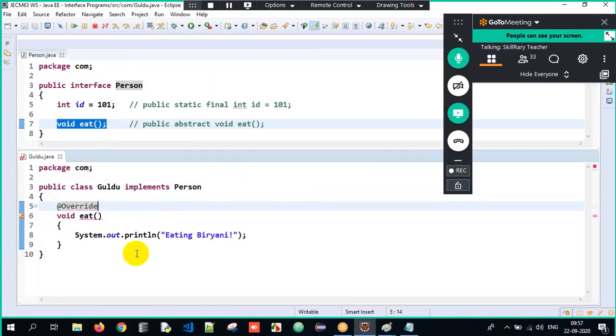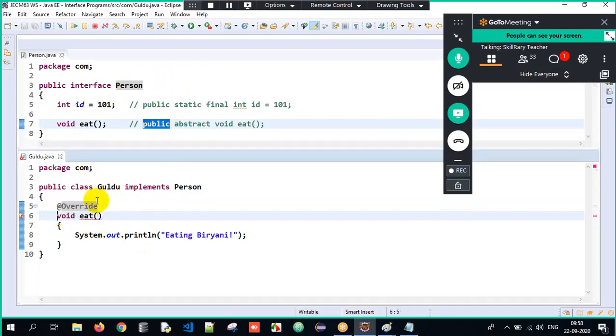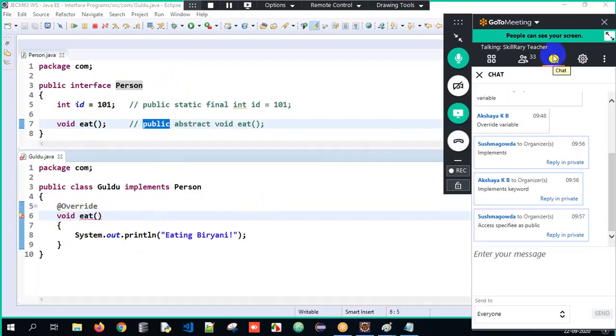I'll make use of annotation Override, but still it's giving an error. Why? Sir, this method is from the interface person. This method is automatically public. So while overriding it, the access specifier should be the same or of increased visibility. Therefore, I have to change the access specifier to public.